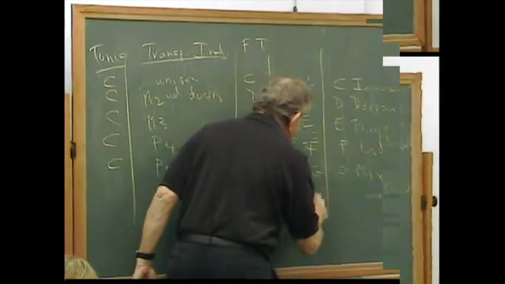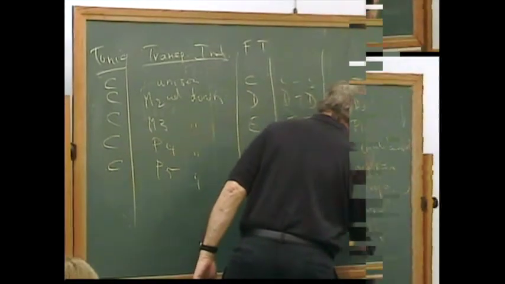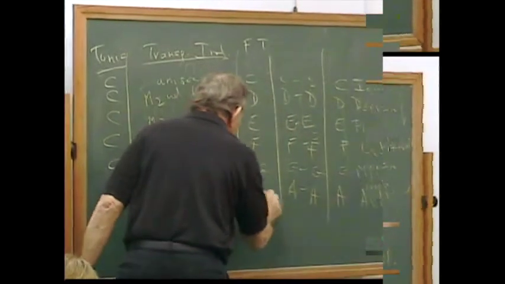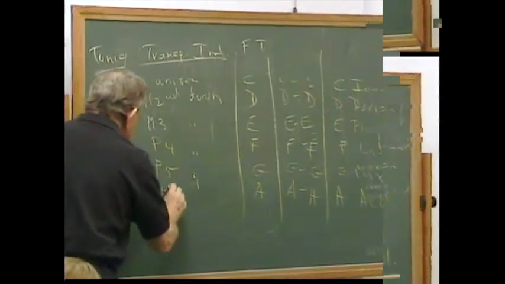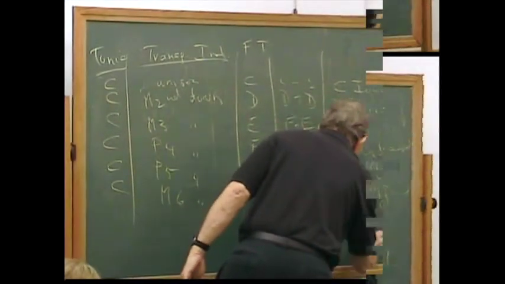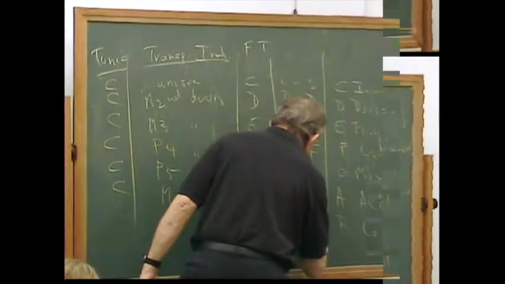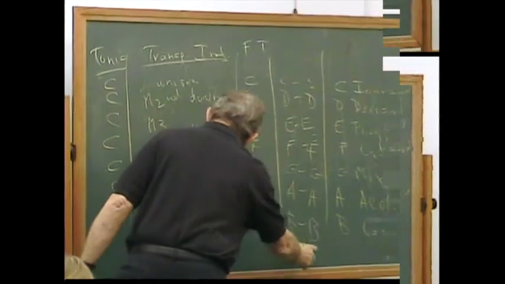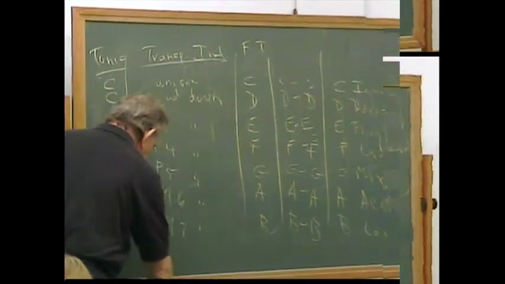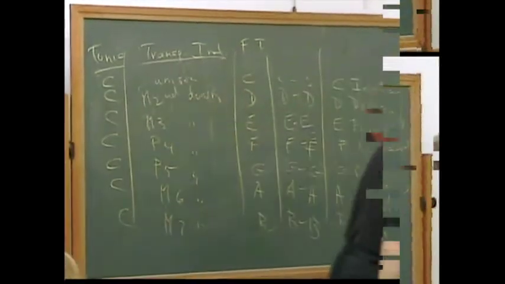to here. A to A is A Aeolian, sometimes spelled without the E in it. A is the fundamental tone, C is the tonic, major sixth down to get from here to here. B Locrian would be the B to B scale. B is the fundamental tone, C is the tonic, still using white keys, major seventh down to get from here to here. So let's see what this means.